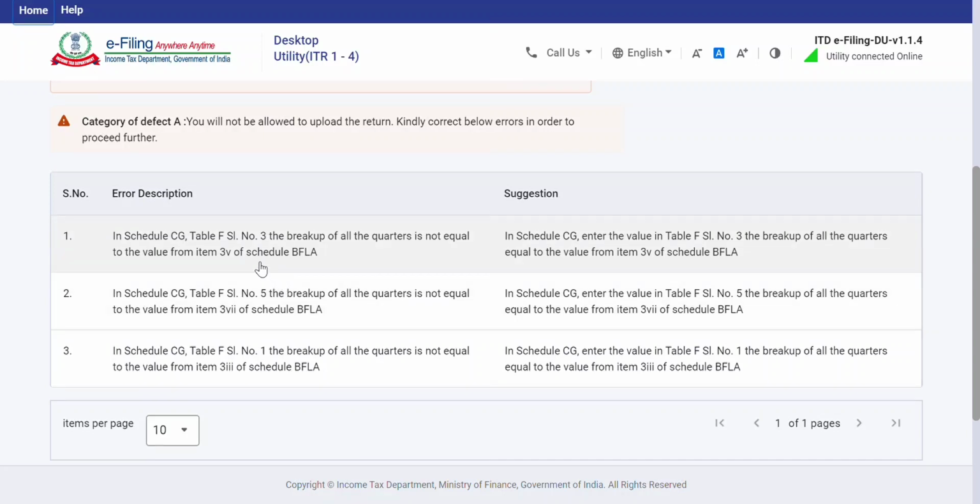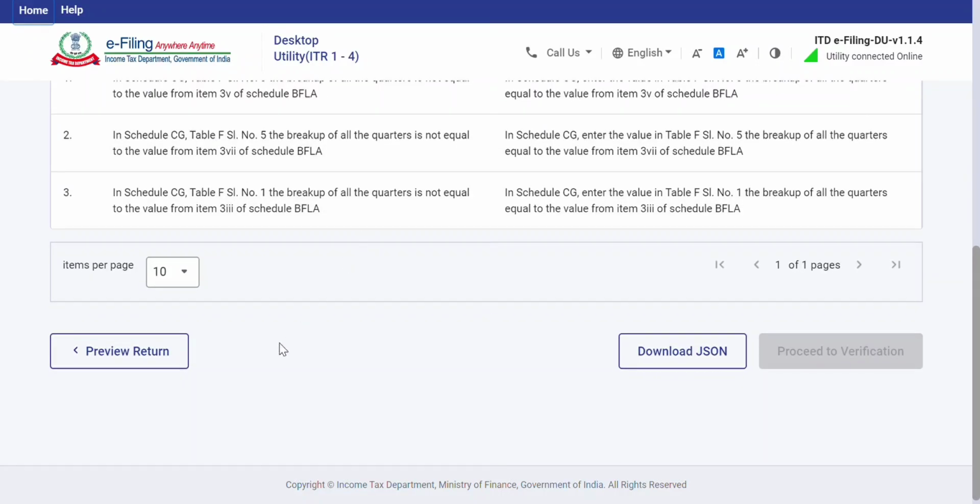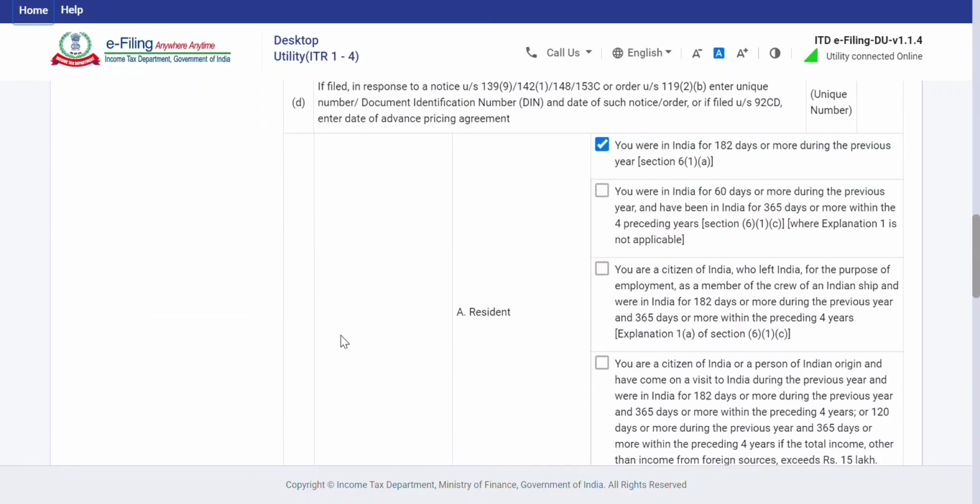The errors are saying that in the table F, the breakup of all quarters is not equal to the item and BFLA. But I can assure you, I made calculations and double checked it, but still I'm getting this error. So what went wrong in my case is,